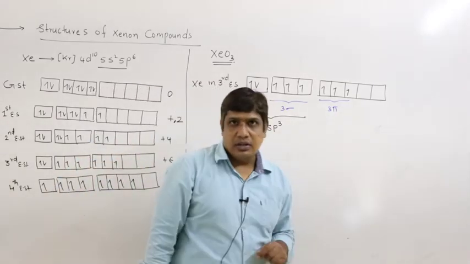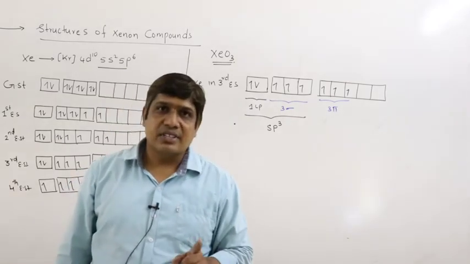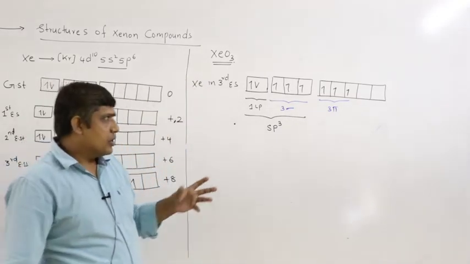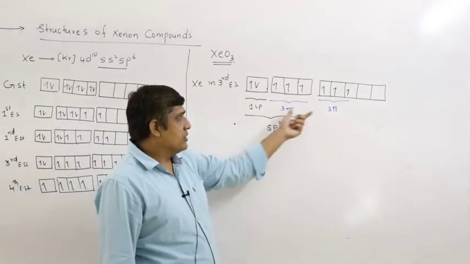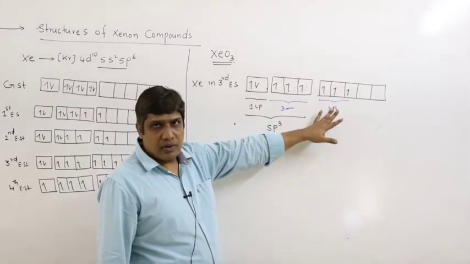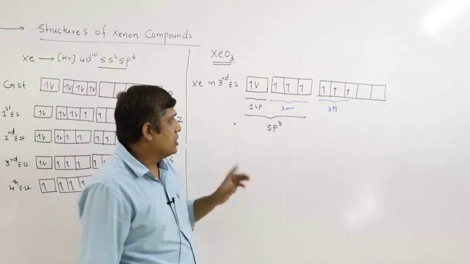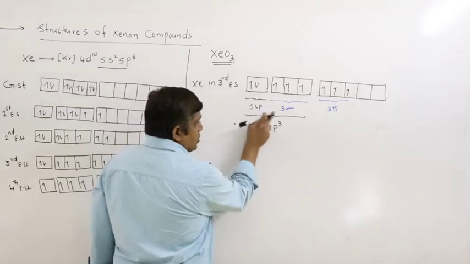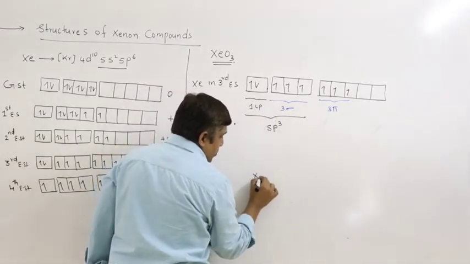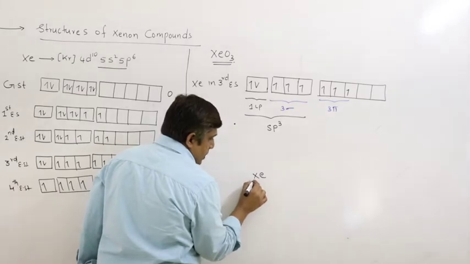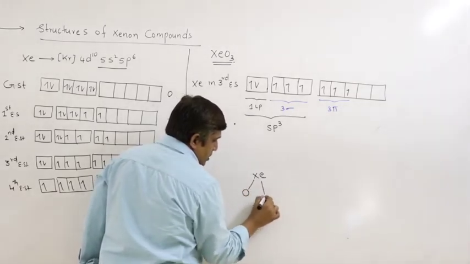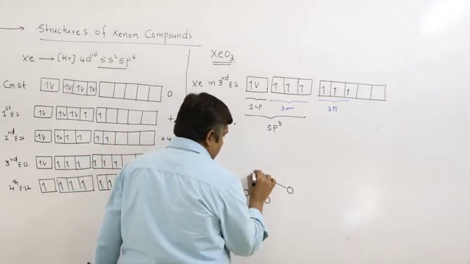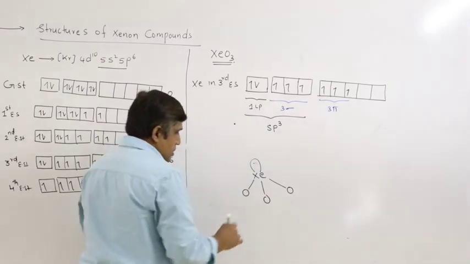The pi bond formation takes place by sidewise overlapping. So it is not considered a true bond. Therefore, they do not possess any directional characteristics like a sigma bond. We do not consider these bonded electrons for hybridization. So, we have sp3 hybridization for the central atom, that is xenon. So, 3 sigma bonds and 1 lone pair. So, this is one sigma bond, another sigma bond, another sigma bond, right, and you have a lone pair, right. So, this is a pi bond.